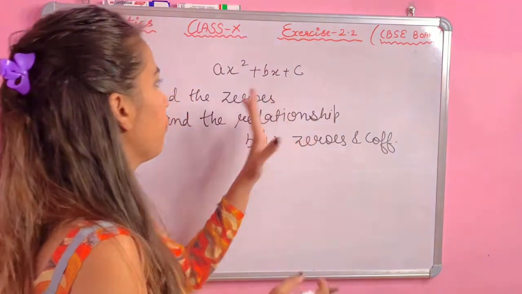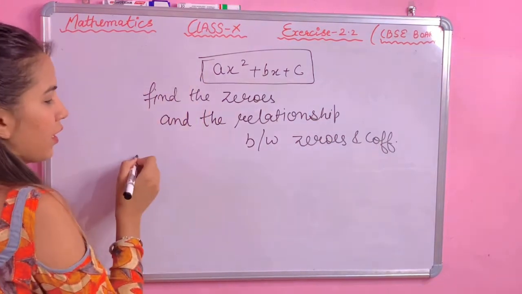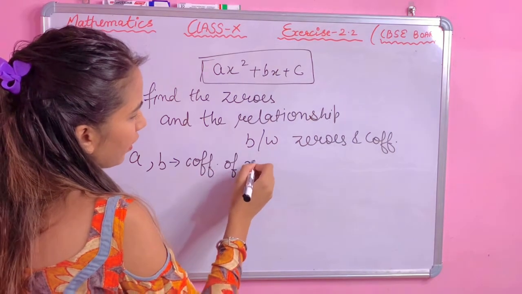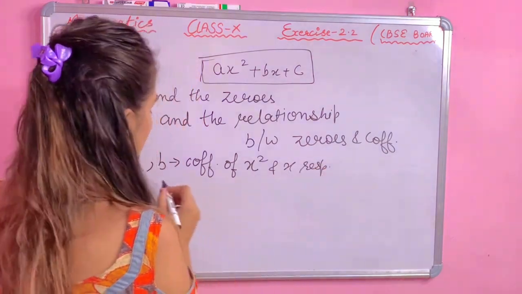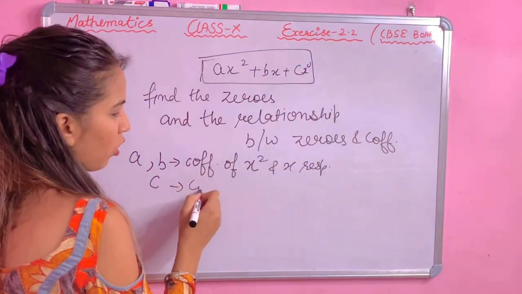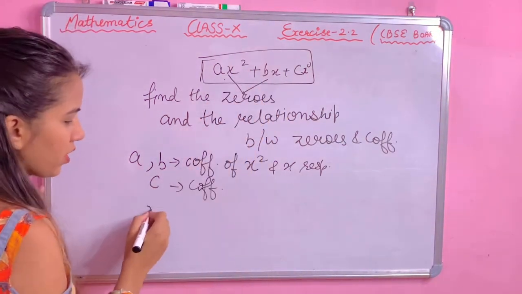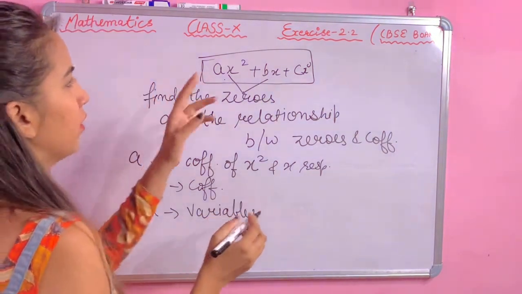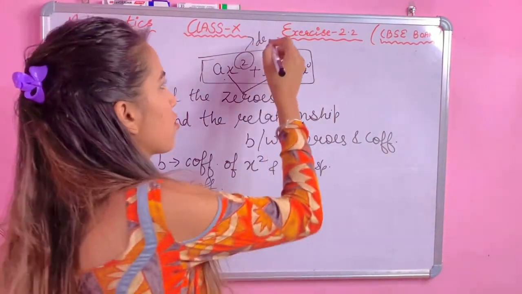So students, if we have an equation ax square plus bx plus c, here a and b are the coefficients of x square and x respectively. c is the constant term here, and we can write it as c times x raised to the power 0 also. So c is also a coefficient, the constant coefficient. What is x here? x is the variable, and the highest power is known as the degree. We earlier discussed the same in class 9th also.